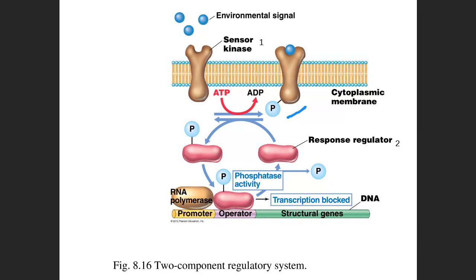In that sense, the signal will be able to turn on bacterial gene expression. Okay, so altogether, the bacteria can rely on the two-component regulatory system to turn on or turn off a gene. And typically a bacterium will have somewhere between 20 to 50 two-component regulatory systems, 20 to 50. Why? Because each sensor is